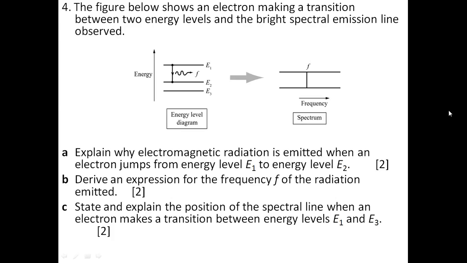Okay, question number 4. The figure below shows an electron making a transition between two energy levels and the bright spectral emission line observed. A. Explain why electromagnetic radiation is emitted when an electron jumps from level E1 to an energy level E2. B. Derive an expression for the frequency f of the radiation emitted. And C. State and explain the position of the spectral line when an electromagnetic transition between energy levels E1 and E3. Okay, so A. Why